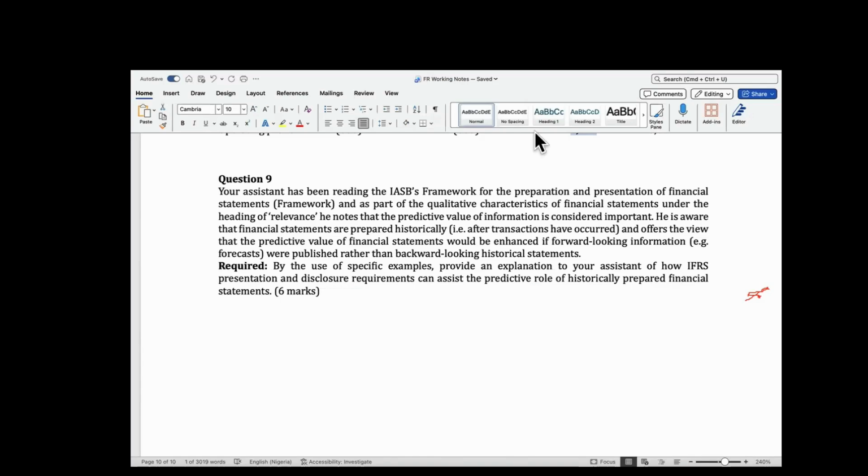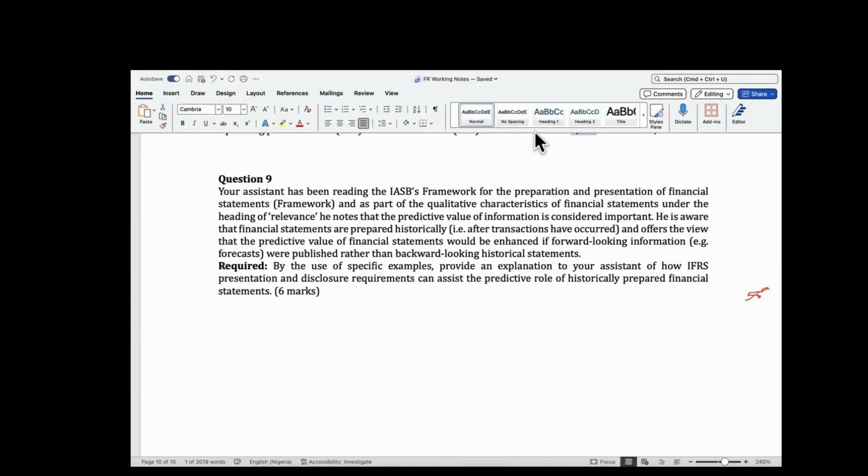And you know that EPS measures the return to shareholders, the earnings shareholders get for each of their shares. So diluted EPS shows the reduction that can happen to that earnings if potential ordinary shares become ordinary shares. That helps with predictive value as well, because then users will be able to predict whether they want to exit this company and all of that, depending on the level of dilution in their earnings.